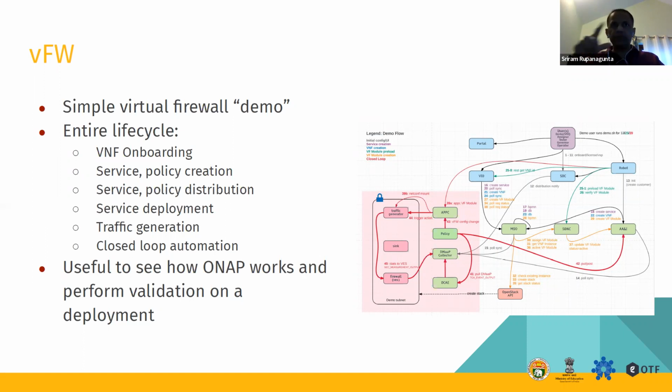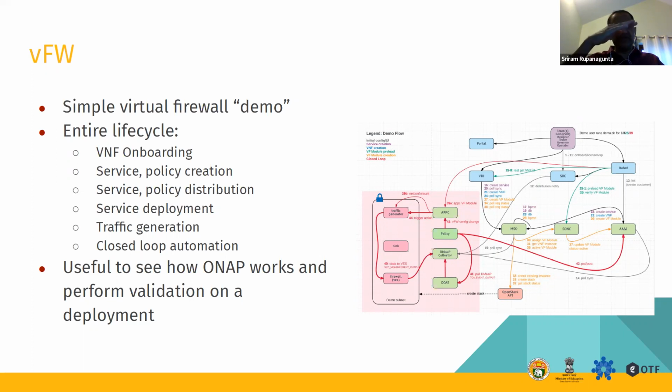You can also create a closed loop with the virtual firewall. That's another example in the open source ONAP. It's a very interesting closed loop application where it receives the events and then takes some action. Based on that action, it reduces the packet rate from the packet generator.